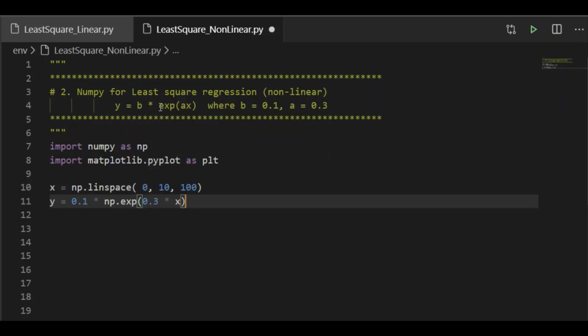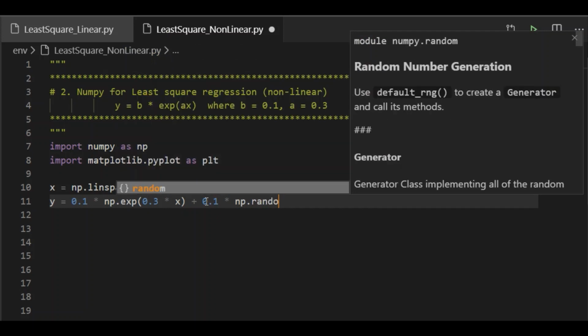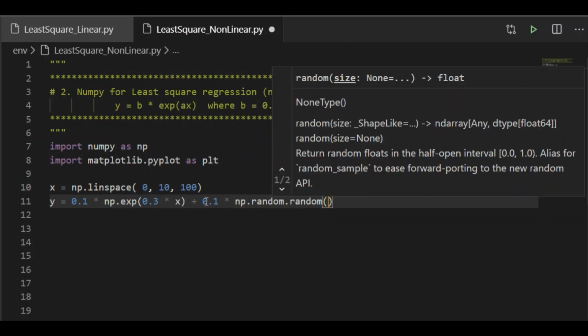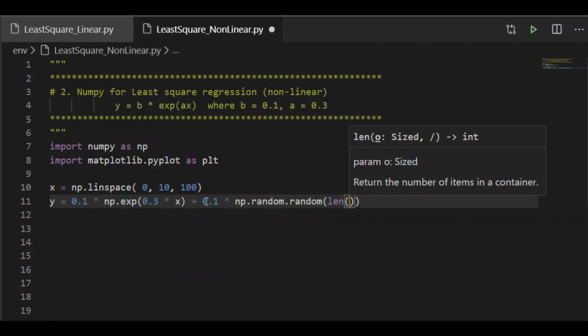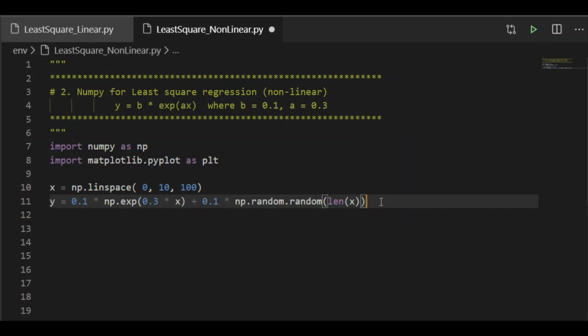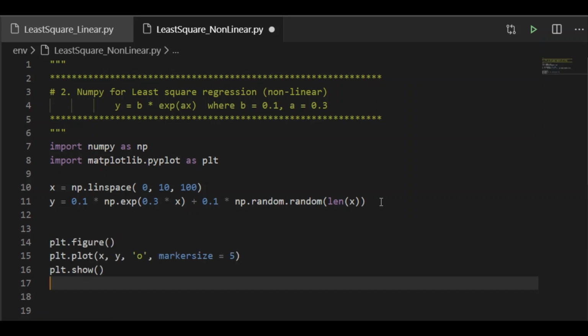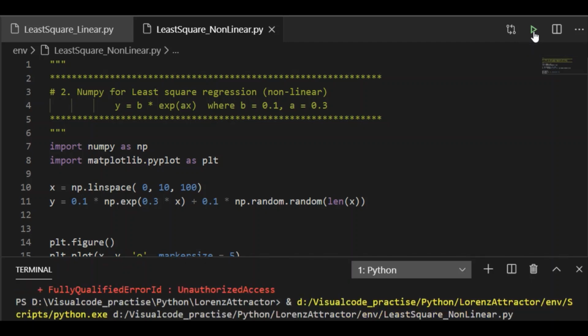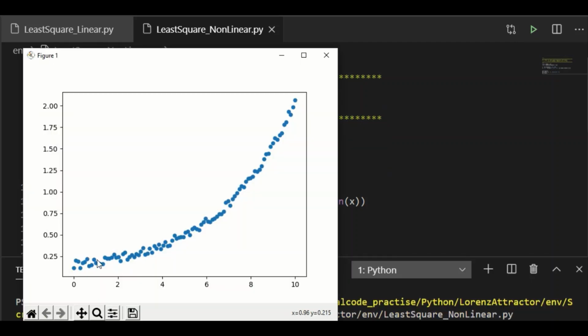Y being a function of b e to the power of ax with b being 0.1 and a equal to 0.3, to which we will add some noise. So 0.1 times a random value generated, which will be less than the length of x, that is 100. So y is b times the exponential of a times x with b equal to 0.1 and a equal to 0.3.